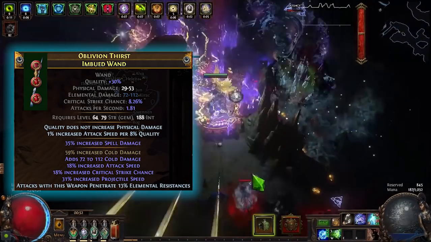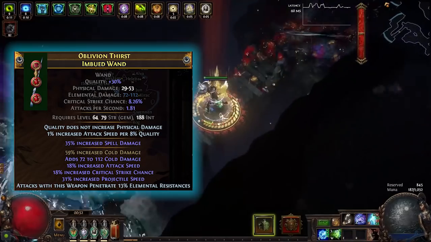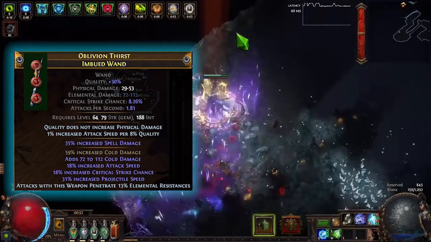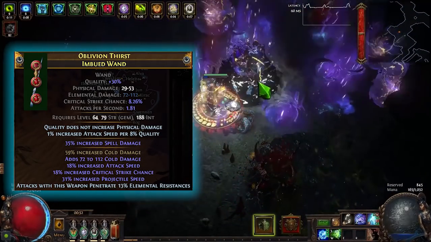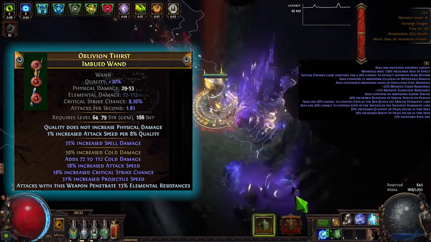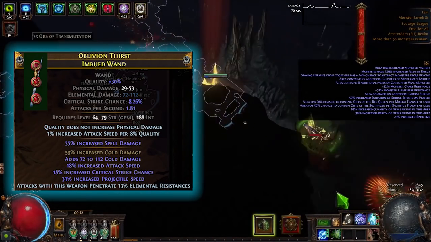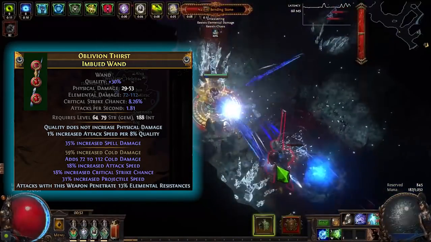Right now only my wand's implicit has spell damage, but you can also get another spell damage as a prefix. So while crafting your wand, maybe you can also try, or if you want to get a fractured wand, maybe you can also get a spell damage fracture. So know that spell damage actually works for this build, even though it is an attack build, thanks to that